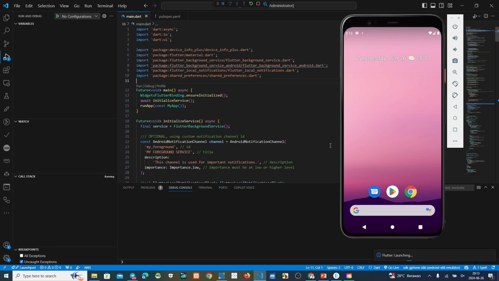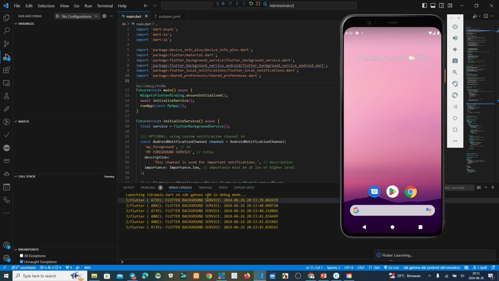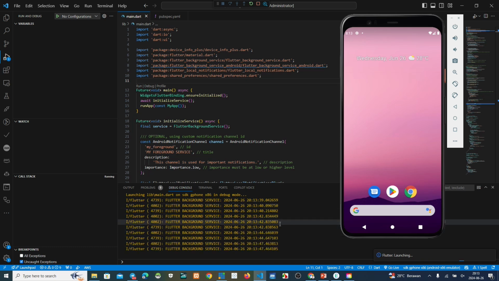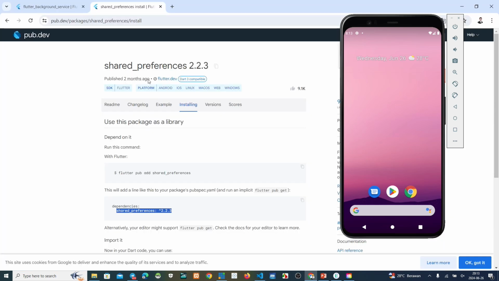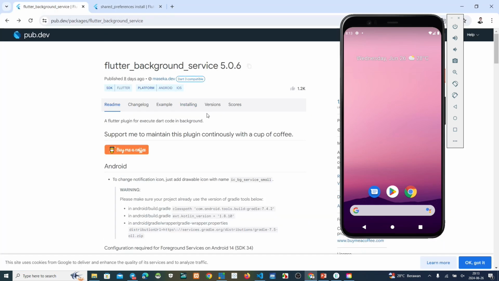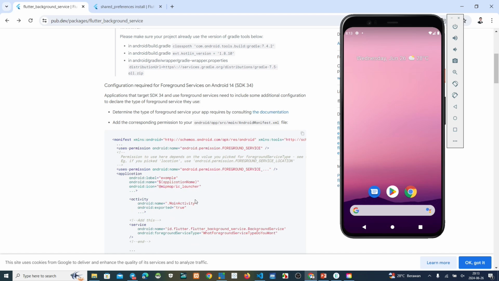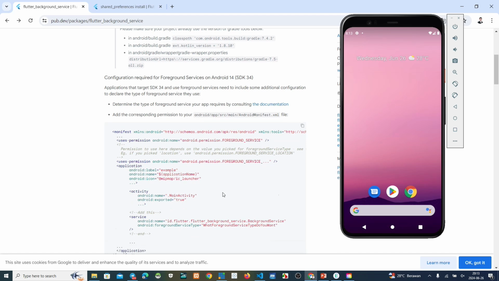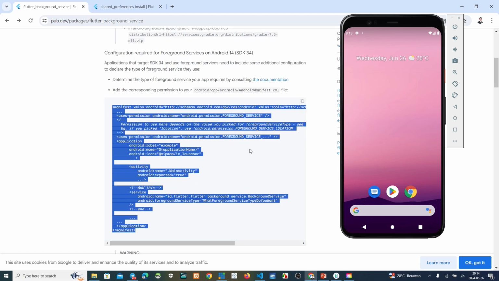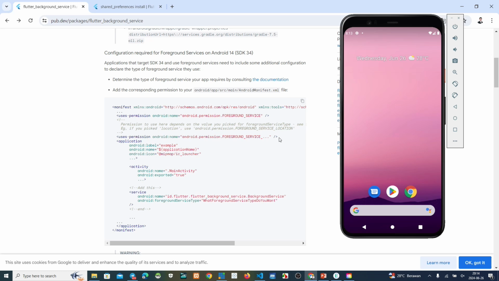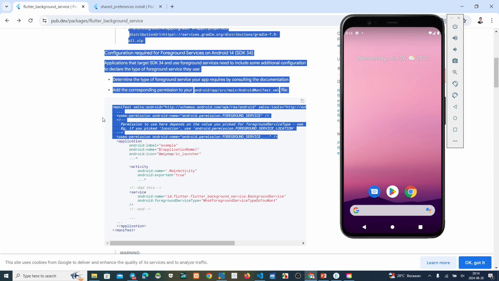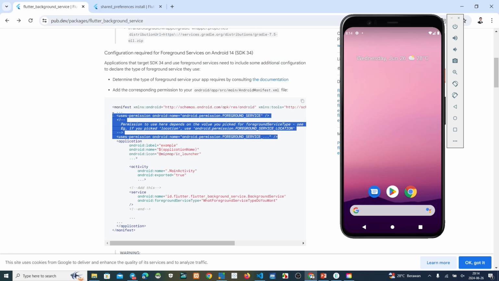Okay, never mind. We must stay tuned. Okay, this one we will see this process, and then we can follow again about this Flutter background process. We must also update the manifest. Yeah, this one. We must add this to our project. This permission.